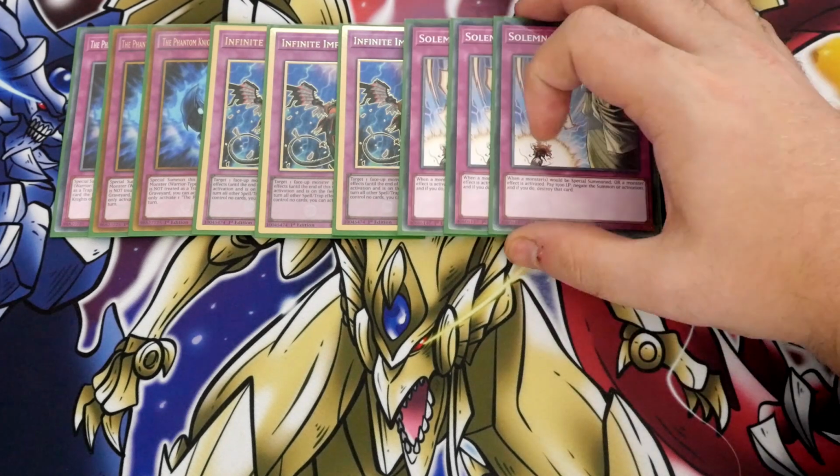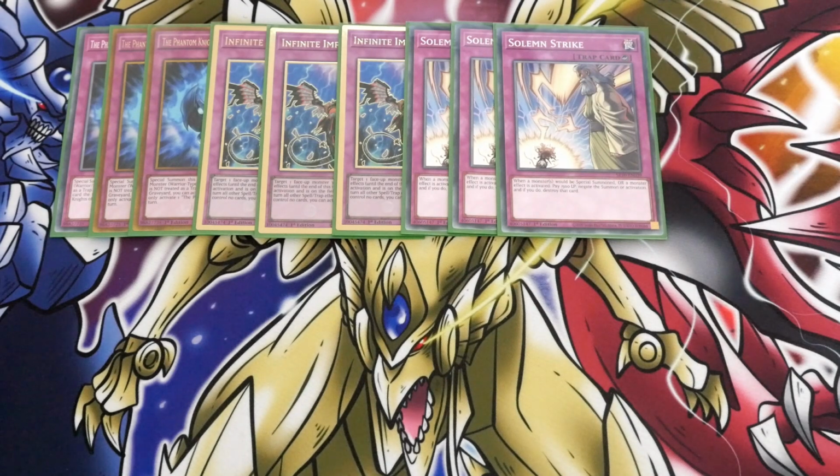Then of course we've got triple Solemn Strike, just for those times. If you're not going first, you probably want to put in Judgments or something like that, but I still feel that Strike is such a good card that it really does protect you, so it gets rid of the special summons. The only issue you're going to have with Strike right now is if you're playing against Tri-Brigade,